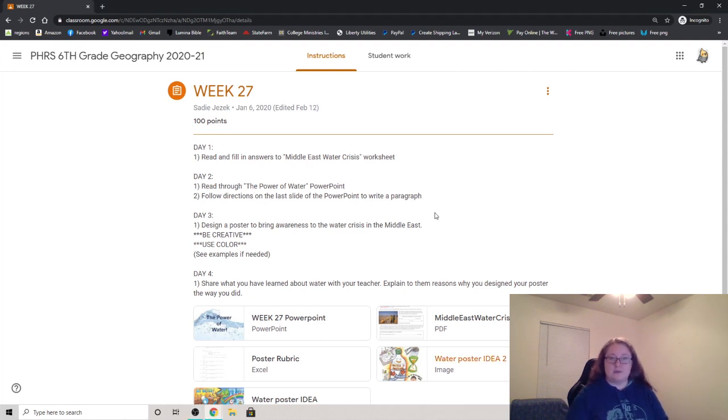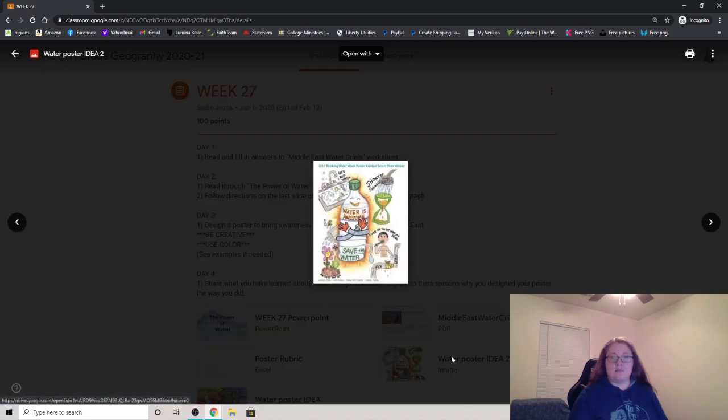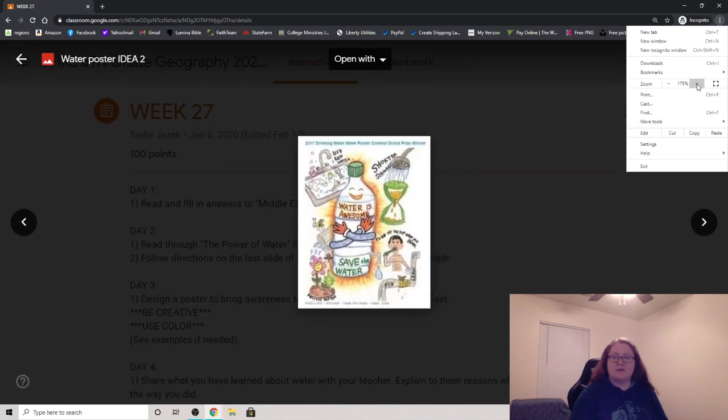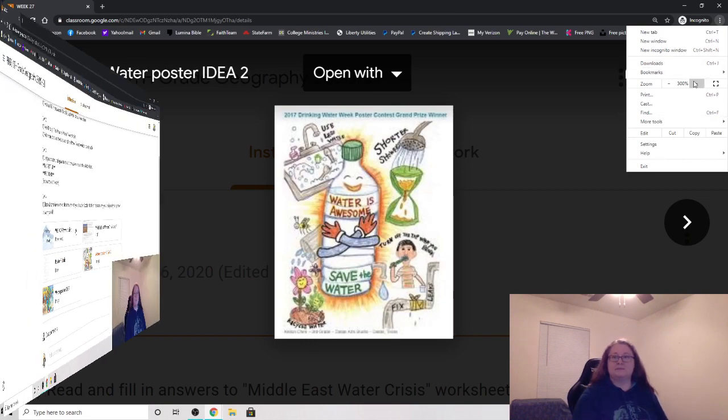There are 2 examples in your classrooms you can look at. This one is a nice picture because it's big and easy to see. This example you might have to get close to your computer, or I don't know if you have the option to zoom in. They drew a water bottle and listed different ways, along with a picture, of ways that you can save water, such as shorter showering time, turning off the water when you brush your teeth, and those 2 there, I can't really see them, but if you get close to your screen, you'll be able to see them.